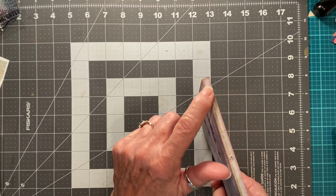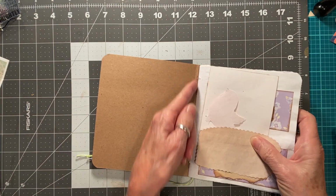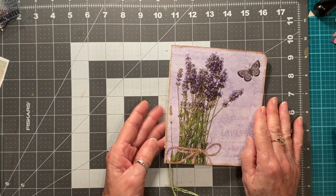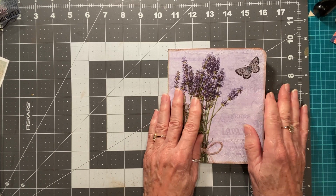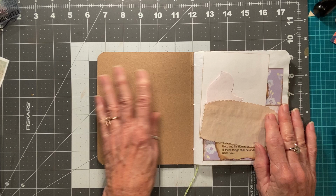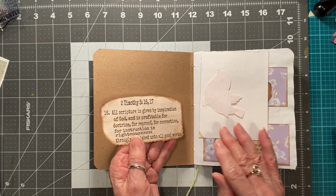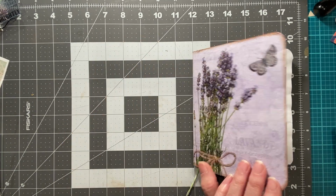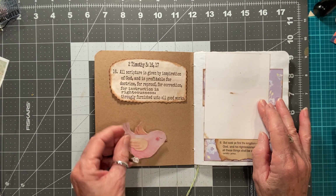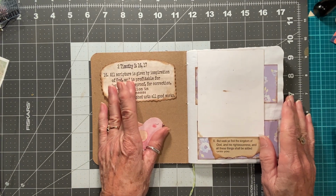And I also made a little spine. I took the half and I scored it and I made a little spine because I didn't want just a folded over version of a little mini journal. So today, you know, these front inside covers are always the hardest to do. I don't know if I want to cover it, leave it blank. I know I want to put a pocket there, and I wanted to use this little bird. And I will, I just don't know